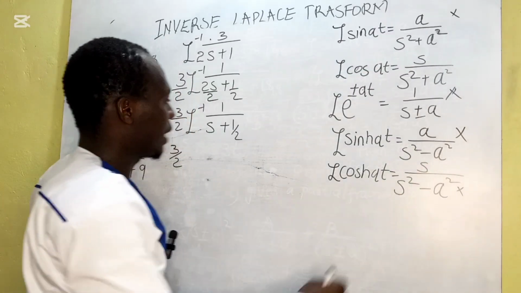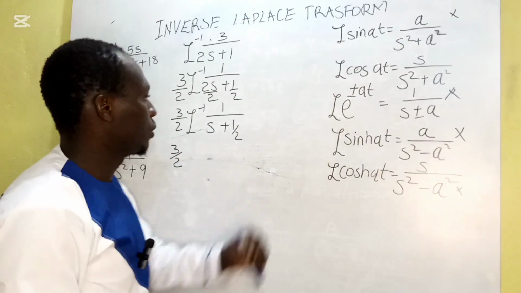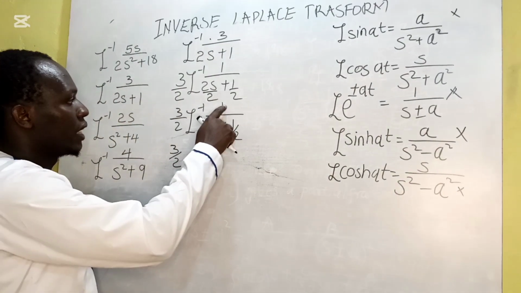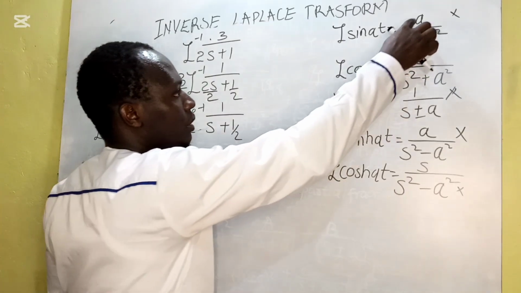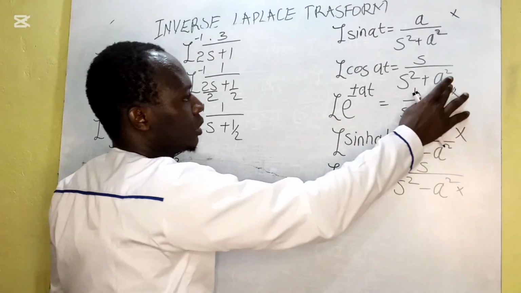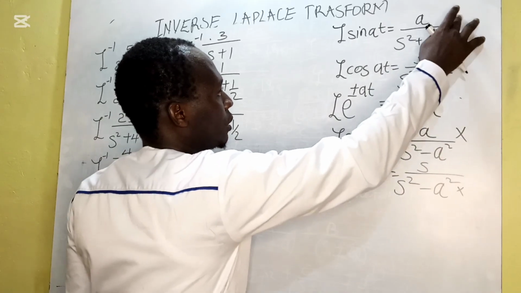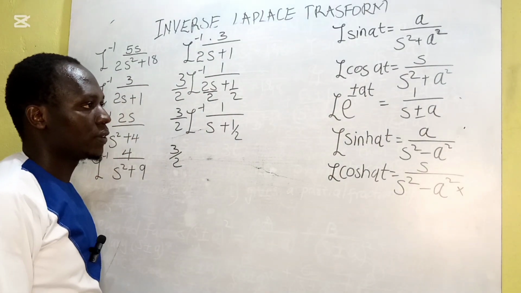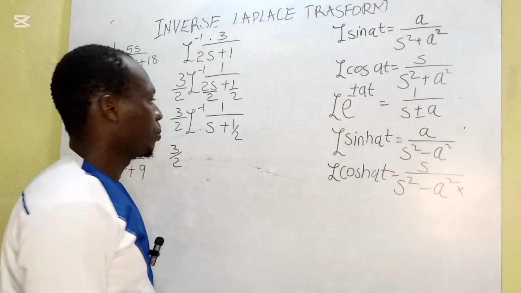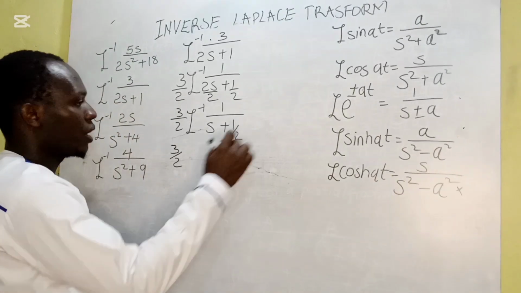We are on this side, we want now to move to this side. Let us now check the term that has 1 on its numerator. The numerator, it only means that this term is the one that has got 1 on the numerator. To mean that now we are going to have